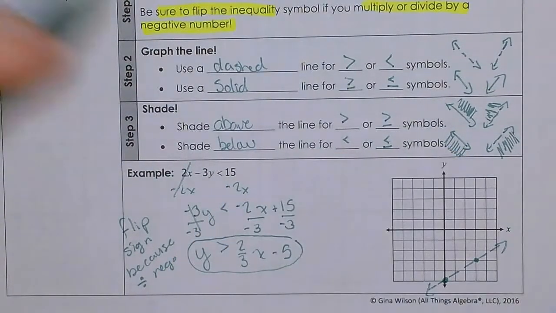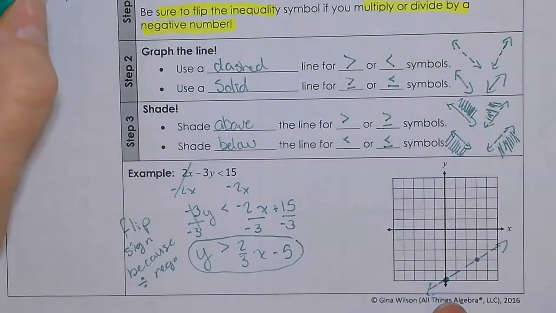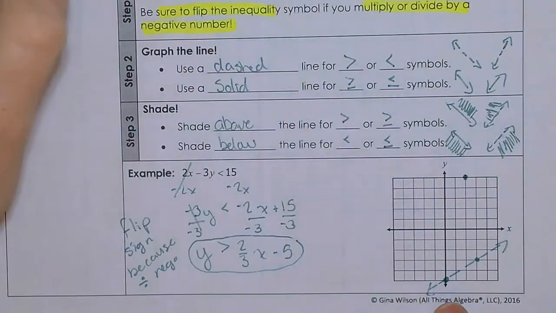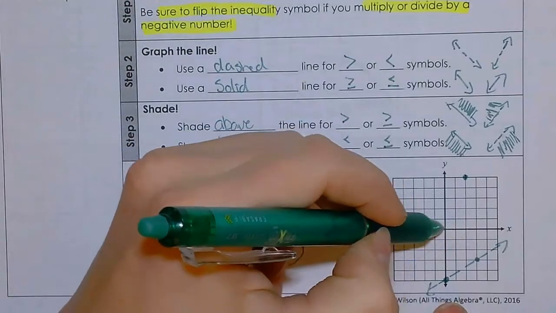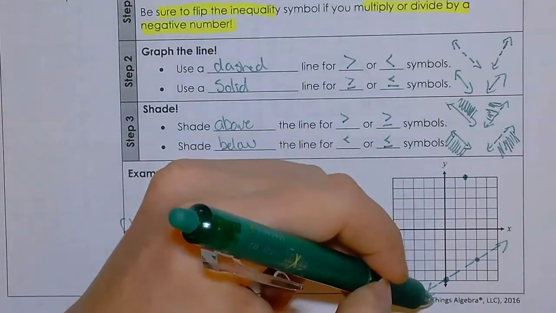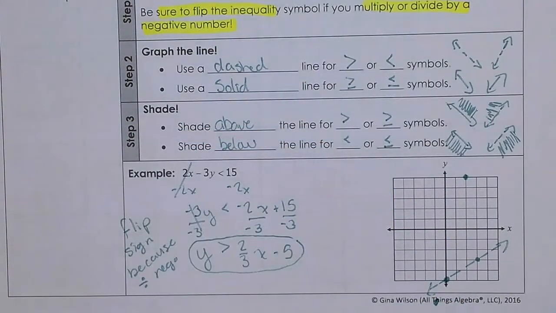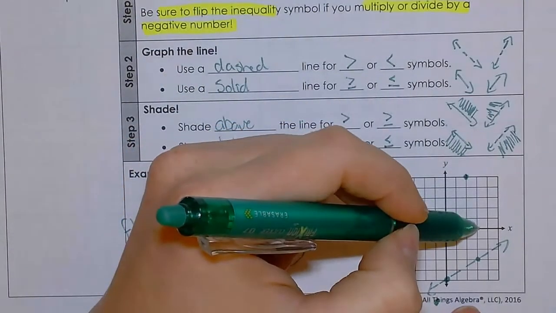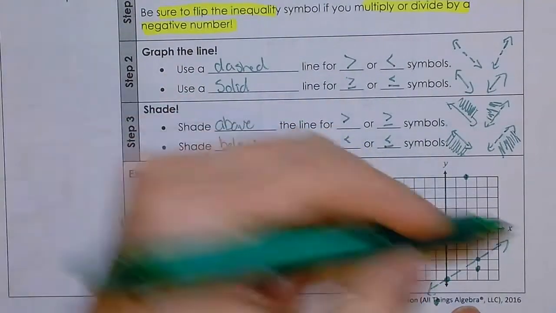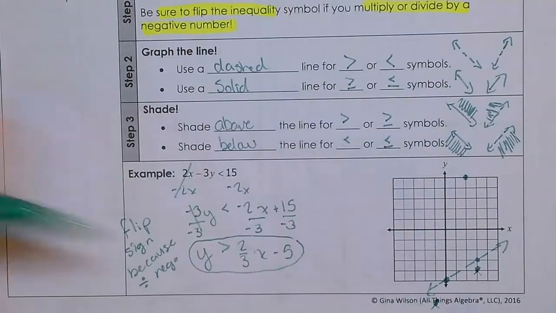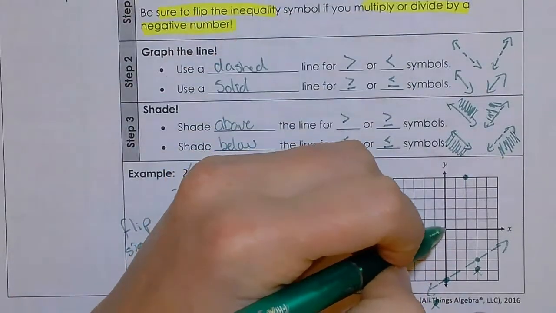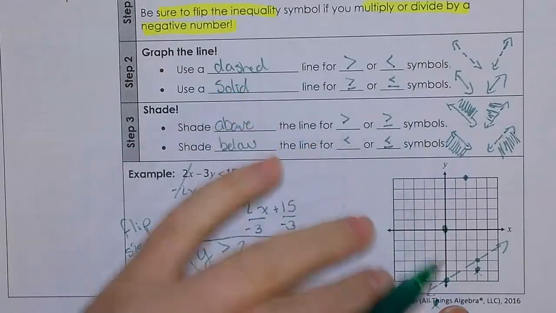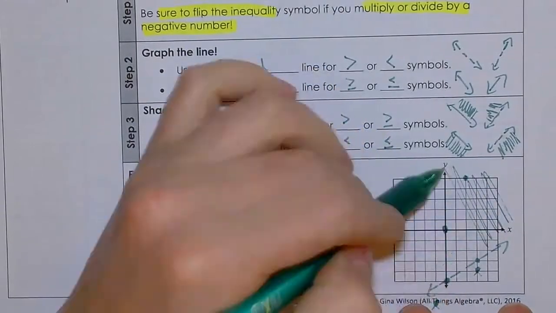And then I'm shading above it, but I'm just going to check. 2, 5 is right here. I knew that worked. Negative 1, negative 7 would be down here. I knew that didn't work. So far, so good. 3, negative 4. I know that did not work. So I don't shade on the side of those points. And 0, 0, that one should work. So notice I'm shading where the points that worked are. So my final answer is any point